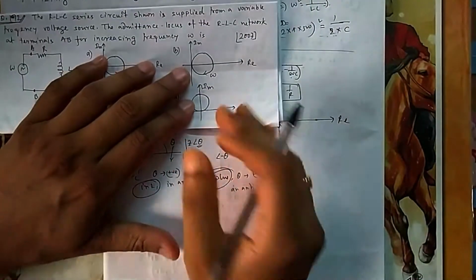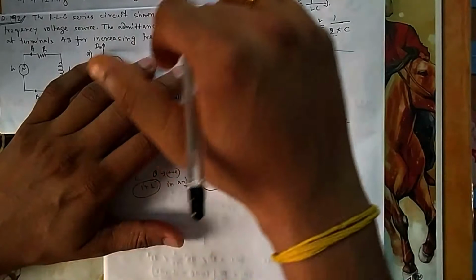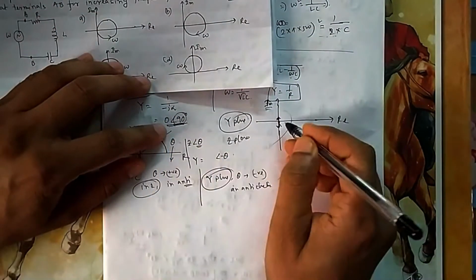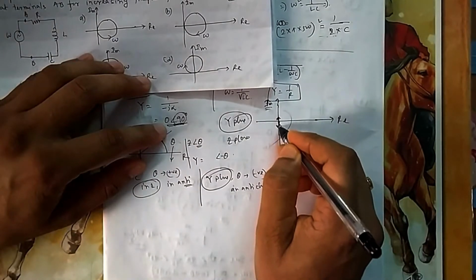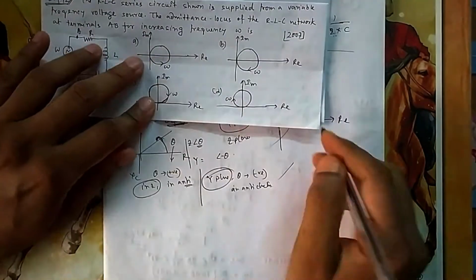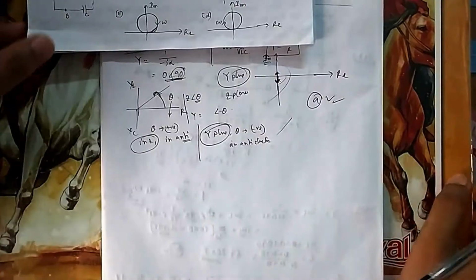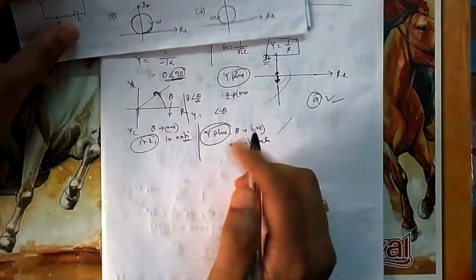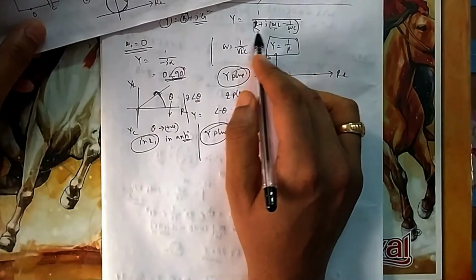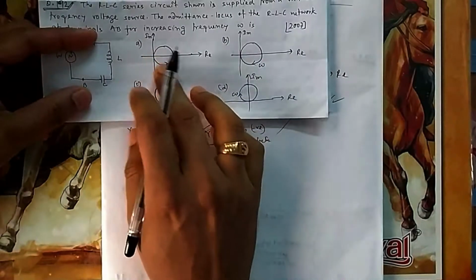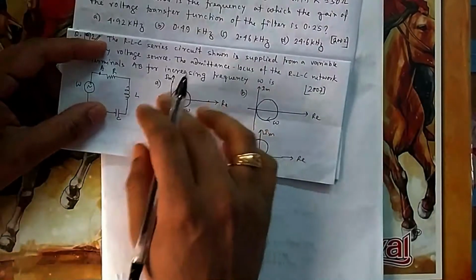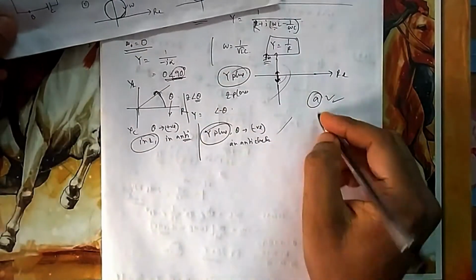In Y, if we move anti-clockwise, it will be negative. If we move clockwise, that will be positive. So at 0 it should be 90 degrees here. So it should be coming at 0 angle 90, so 90 should be here. Only this one is satisfying, that is the option, you can see. Or if you still have doubt, you can put in any value in between. Omega is any value in between. See what impact you get and what angle you get. You take omega equal to L or C or 2, 3, whatever. You check with some value and you will get the answer. But no need, I think you got it.